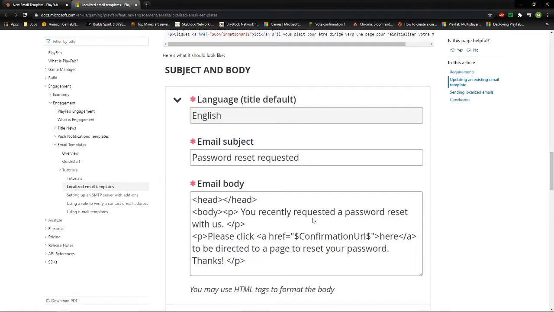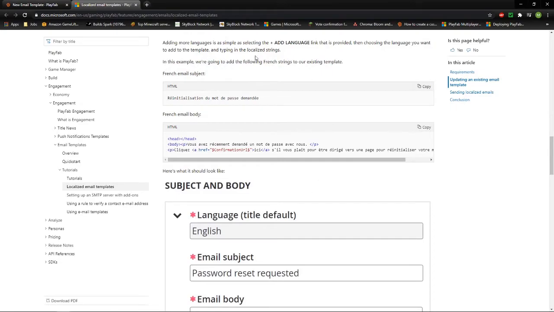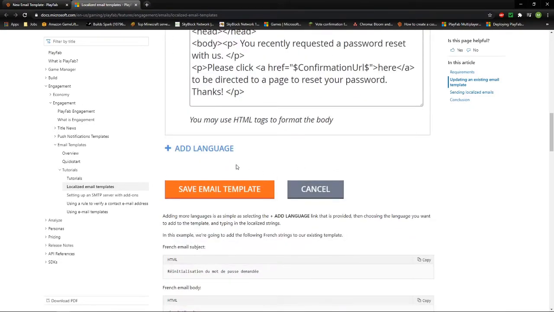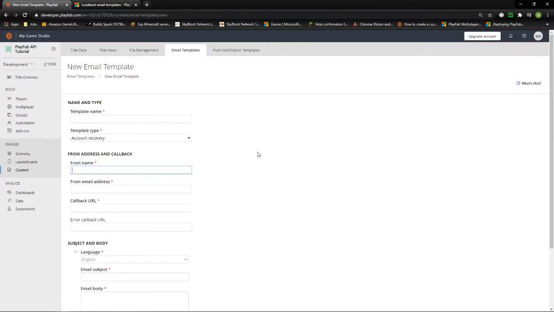I have never learnt HTML, so some of this is a bit foreign to me in terms of understanding it. But the tutorial here goes over pretty nicely exactly what it does. There is a little bit of help online for this, but again, the email templates are a very specific thing. Most people nowadays with games don't want to be spamming people constantly with emails because it's going